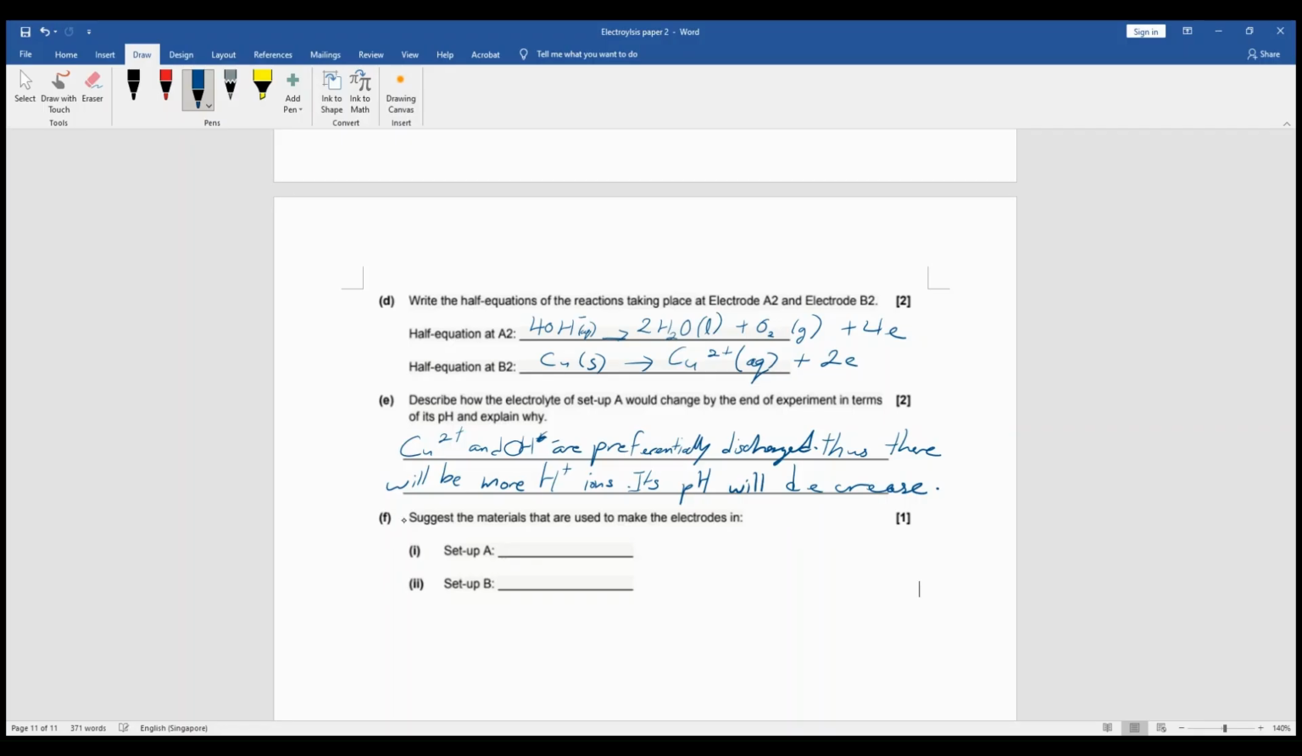Finish. Suggest the material that is used to make the electrode in set A. Carbon, graphite. Okay, can be carbon or graphite or platinum. Anything that is inert that you know of is okay. Set B should be just copper because it